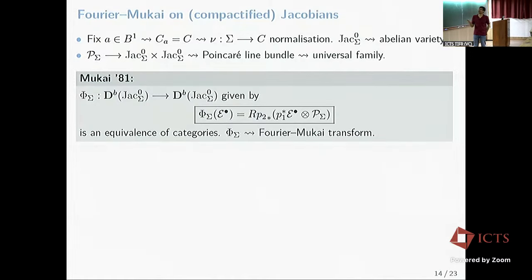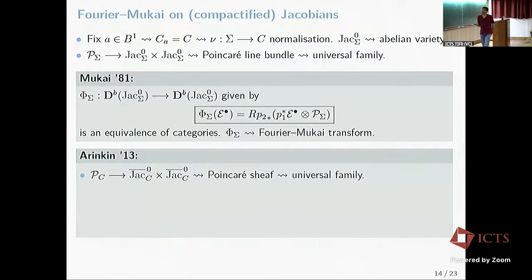Mukai proved that this is an equivalence of categories, and this is a Fourier-Mukai transform. This is the classical Fourier-Mukai transform. We don't want to do this in this case. We want to do this in the compactified Jacobian, and the generalization of this Fourier-Mukai transform to the compactified Jacobian was handled by Dima Arinkin,